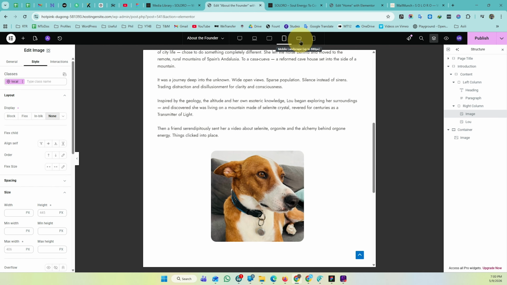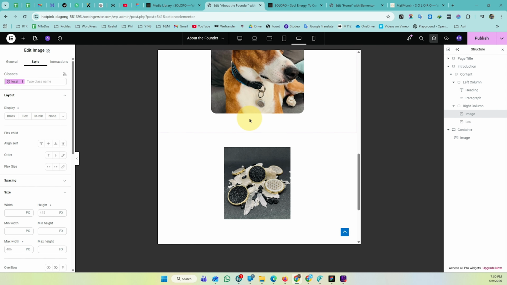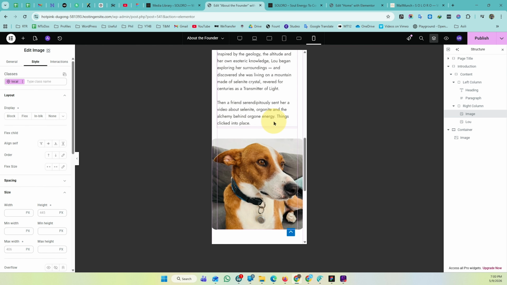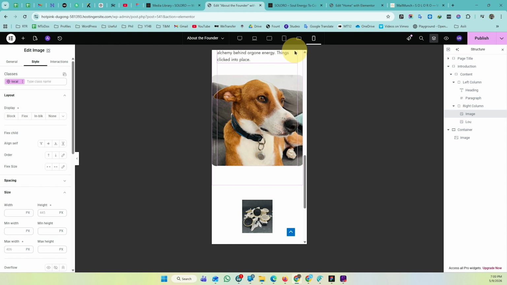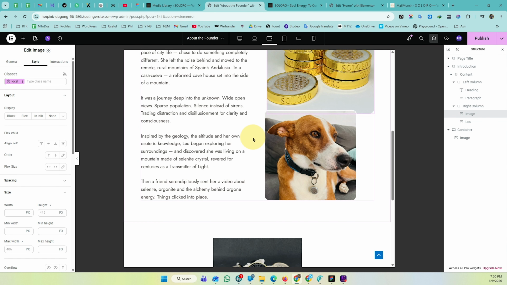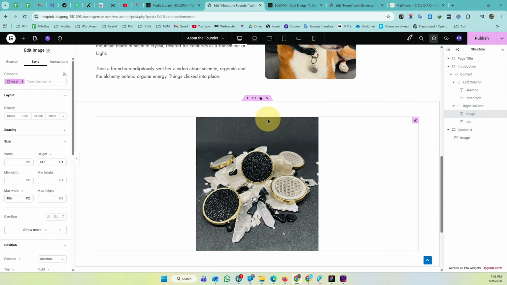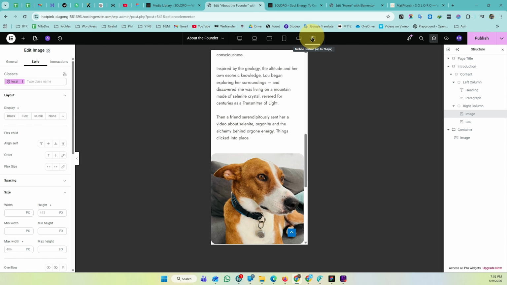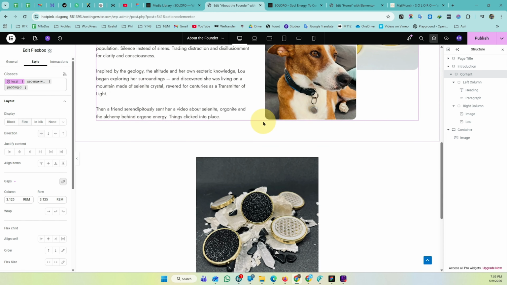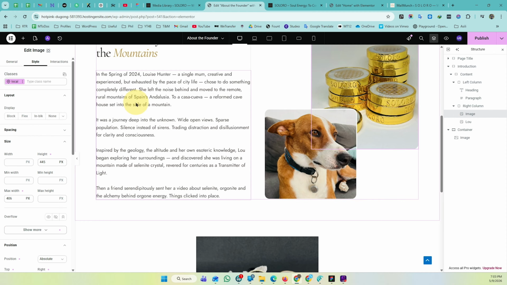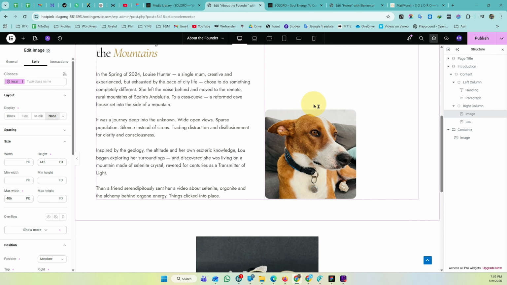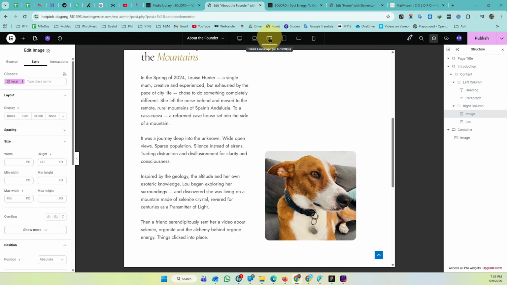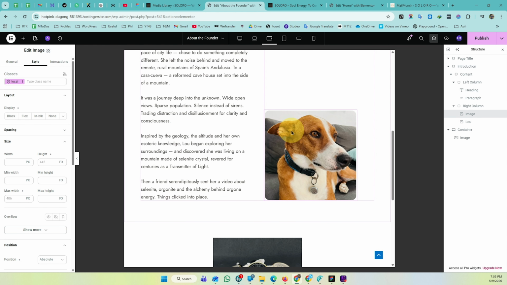Now if you switch to the lower breakpoints, then these settings will be applied. So here you can see that we don't have this widget on the lower breakpoints. Now here is one thing I want to make sure you understand correctly. In Elementor, whatever you set on desktop gets inherited downward to the tablet and mobile breakpoints. So if I go back to the desktop breakpoint and set this widget to none there, you can see that it is hidden on desktop, but it will also be hidden on lower breakpoints. So you can see that it is inheriting it from the desktop.